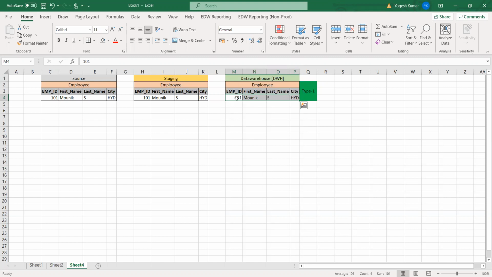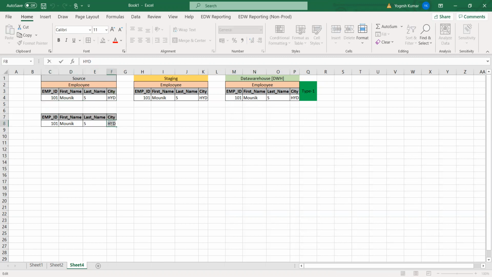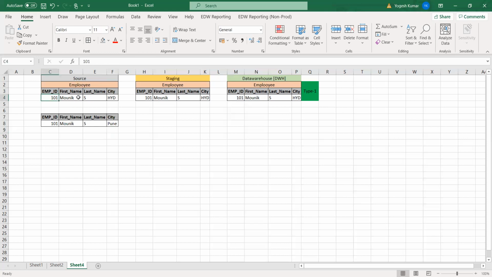Next, after a couple of months, this employee will move from this location to another location. Let's say this employee moved to Chennai or Pune. Let's say you are working at Hexaware, you were working in Hyderabad, so your data in Type 1 was Hyderabad.